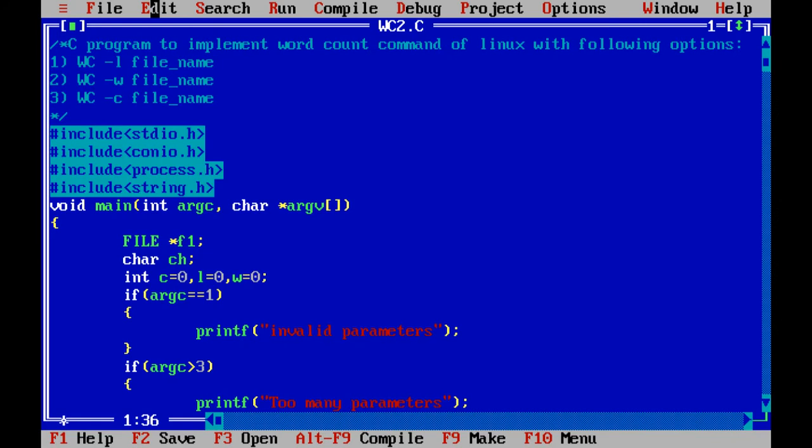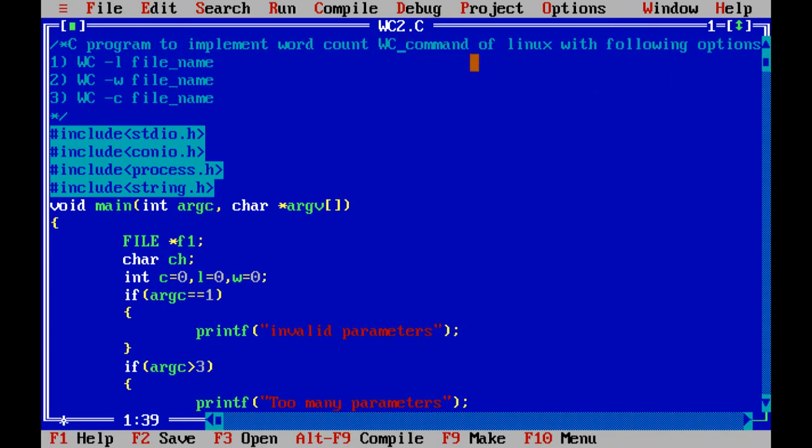I am Nadia Patel. Let us get started with our next operating system assignment, which is a C program to implement the word count command of Linux, popularly known as the WC command, with the following options.